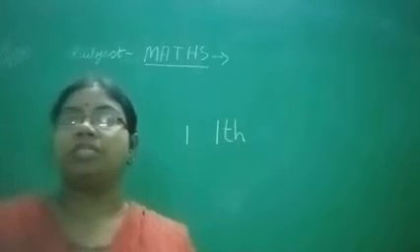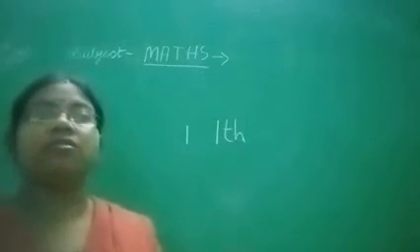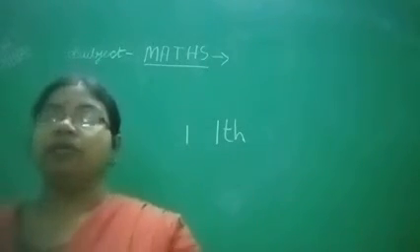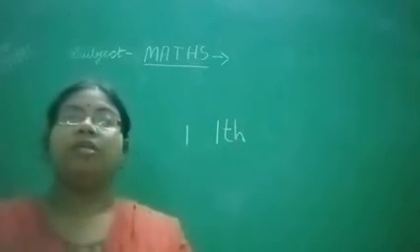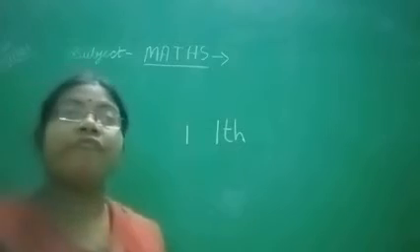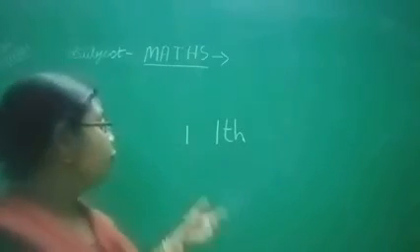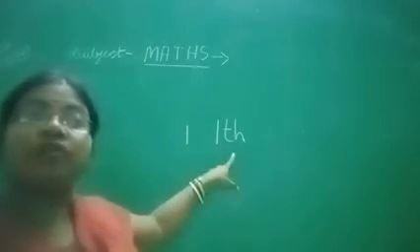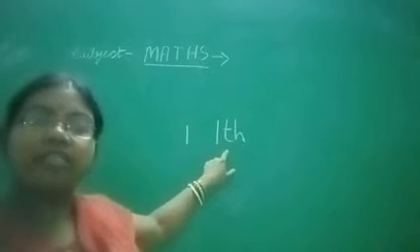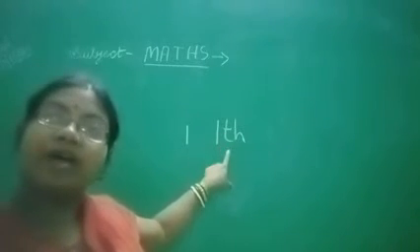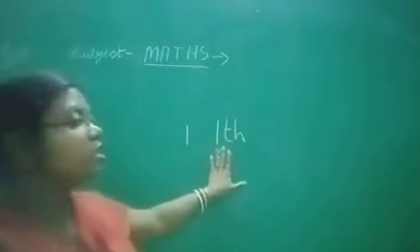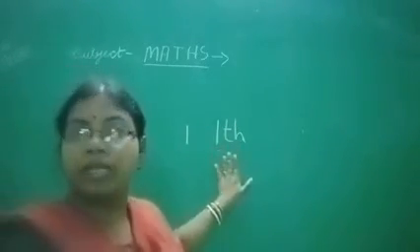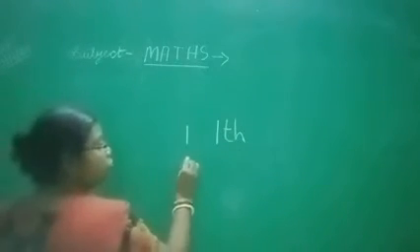Suppose 10 people are running. So who is the first one? When we are saying the first position, it is not one. It is first. The position is first. So when we give a certificate, we will write this, and this is called an ordinal number.